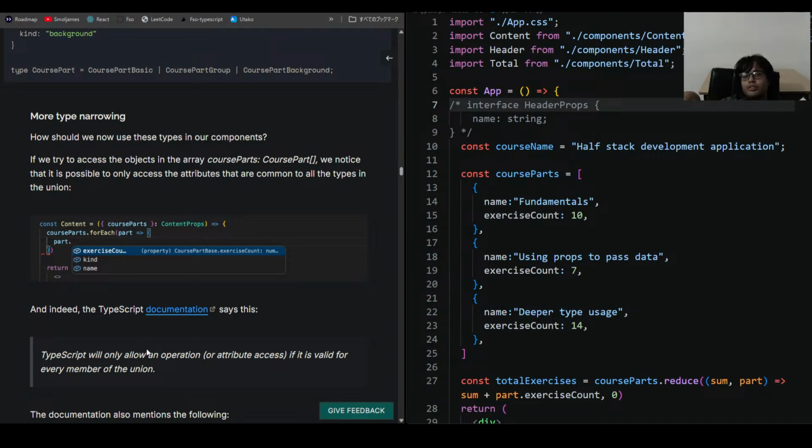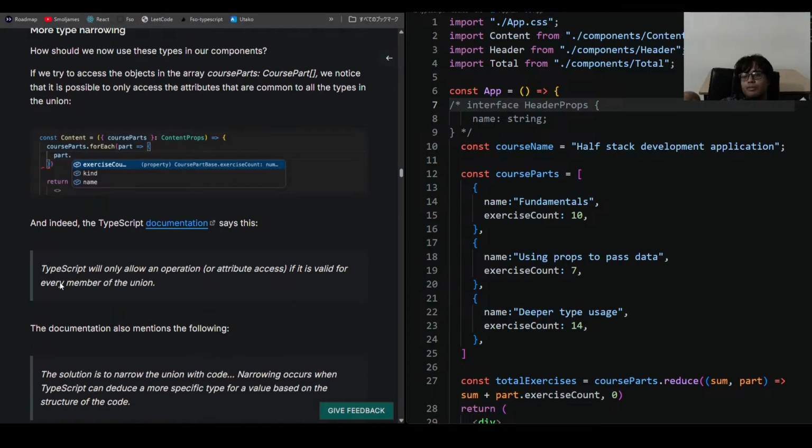That are common to all the types in the union, and indeed the TypeScript documentation says that